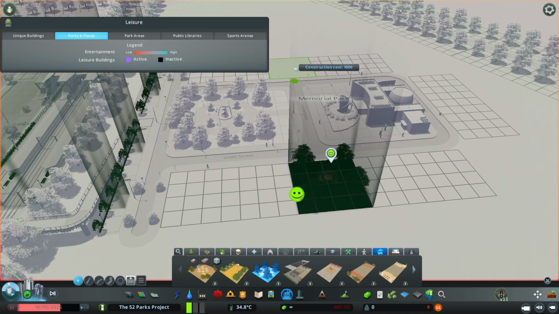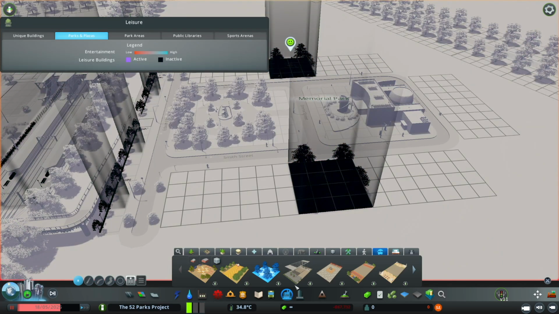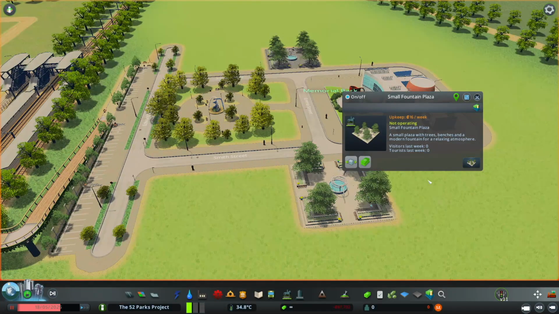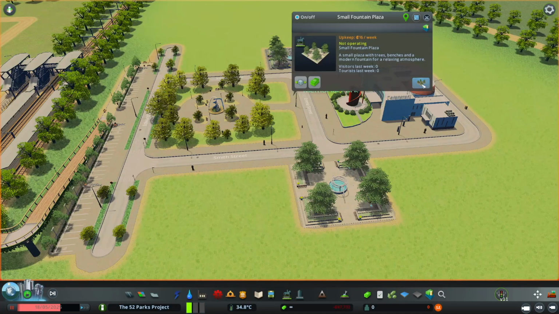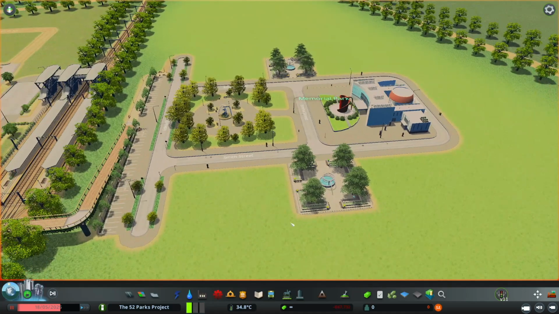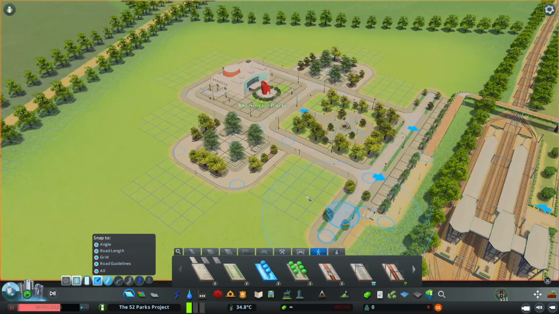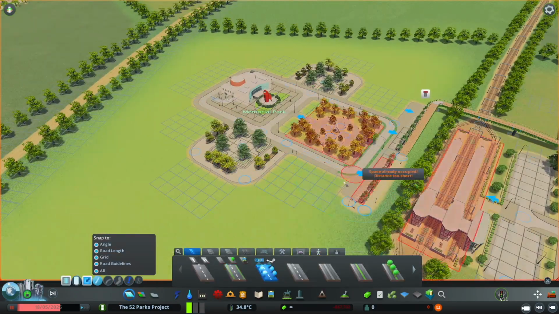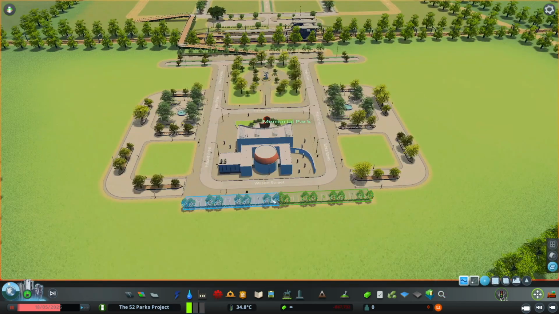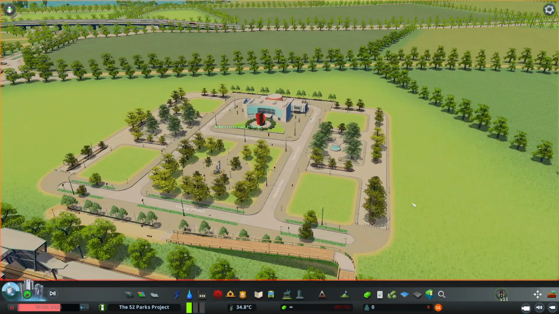Okay, and then we are also going to mirror on each side here this beautiful fountain asset, but I think we're gonna go with light colors here. It's gonna blend in much nicer. And then we're gonna go ahead and include some pedestrian roads as well. Okay, now we really have something we can play with and build around